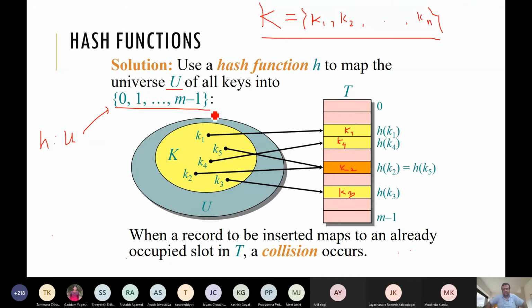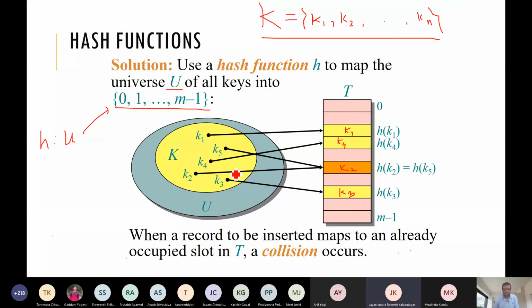Now my question is, why will there be a collision? We can expect the collision. Why can't we avoid it? Sir, m is less than the size of the universe.